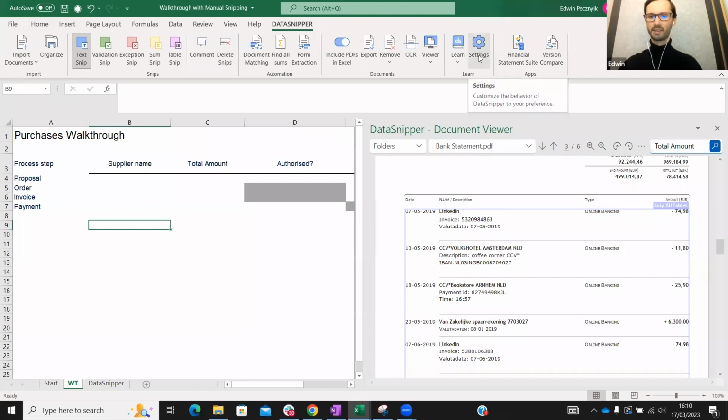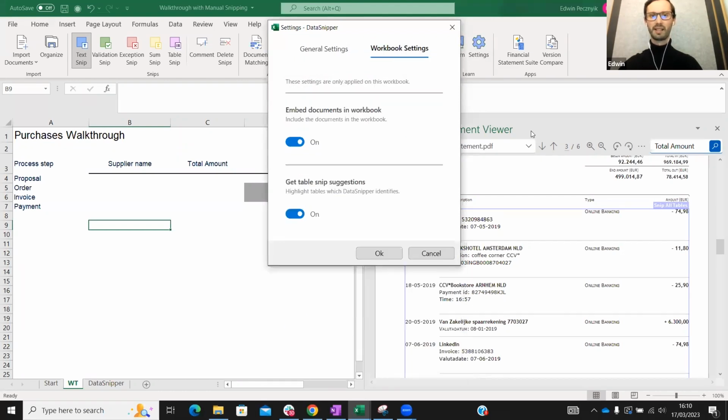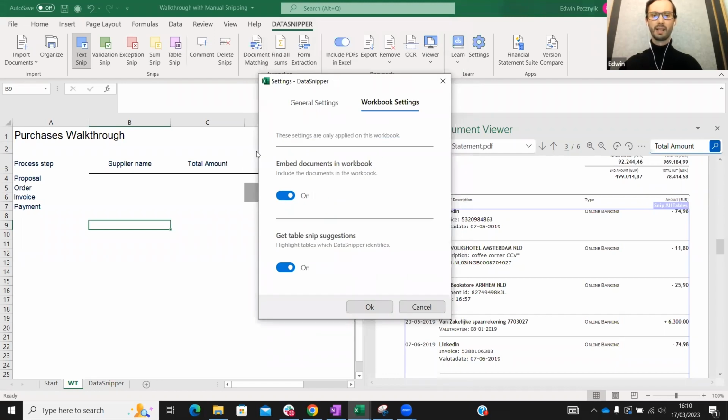Now let's talk about the settings a bit more. So we have covered all the general settings. Let's see what the workbook settings are here. The first option we have here is to embed documents into the workbook, which means that anytime you import a document into DataSnipper, it will automatically be a part of your Excel workbook. Now, if you turn this option off, these documents won't be a part of your Excel workbook. Rather, when you are importing these documents, it will only